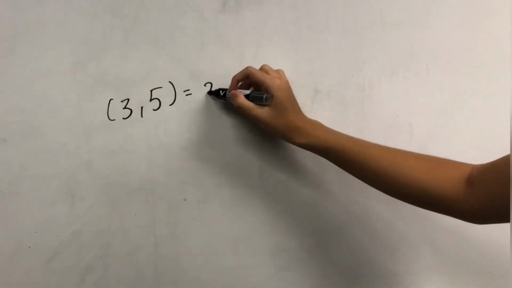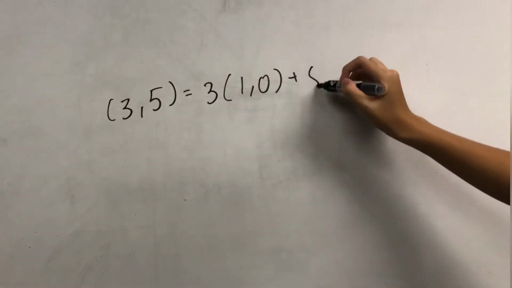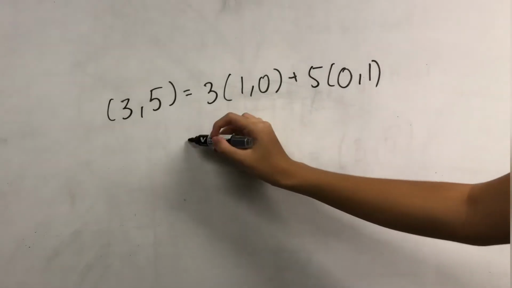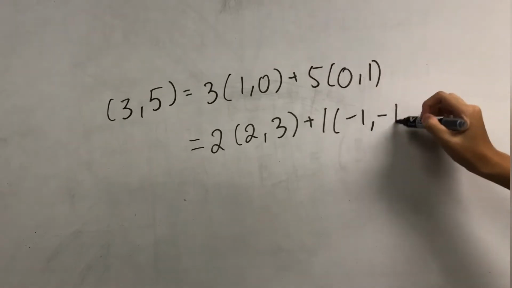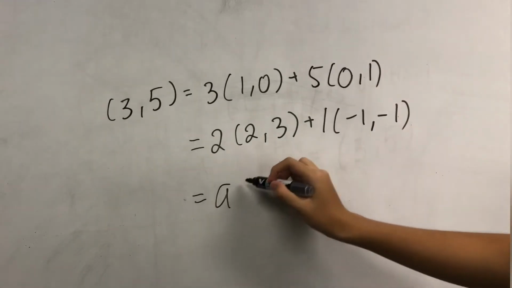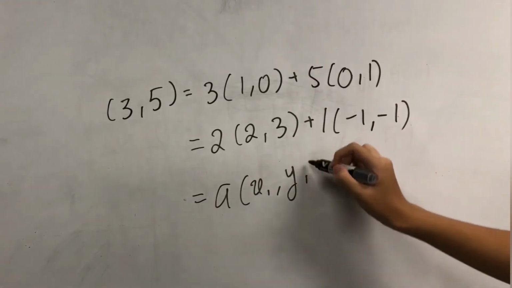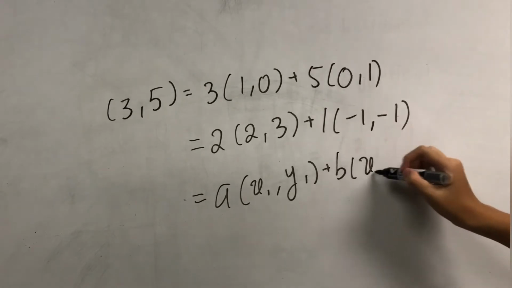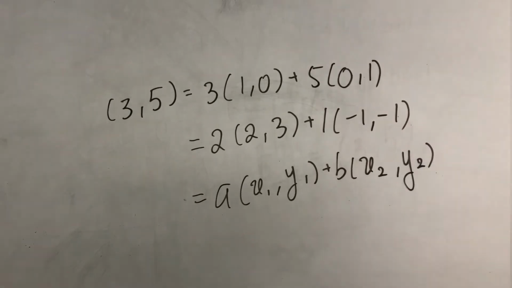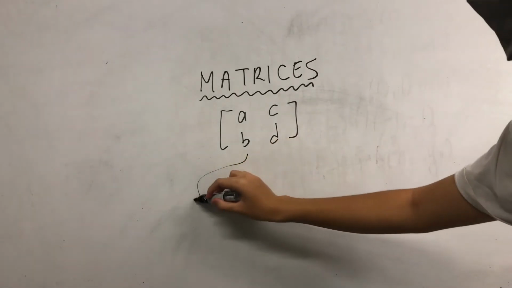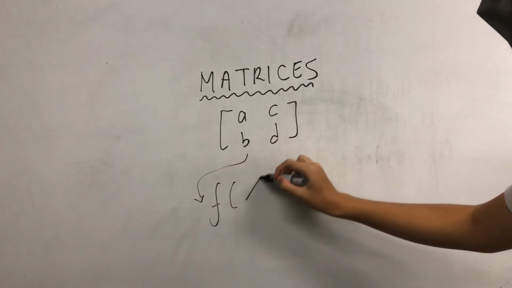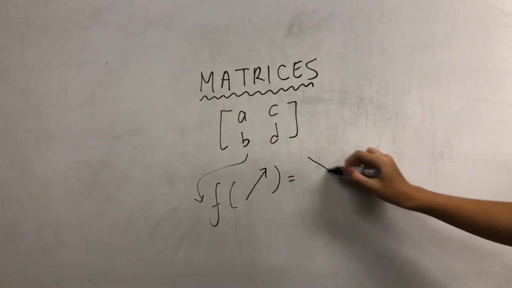What is the purpose of using basis vectors? Well, how we choose to represent vectors is based entirely on what we want the basis vector to be. The same vector can have completely different coordinates if they are represented as linear combinations of different basis vectors. Okay, so how does this tie into matrices at all? We have to think of matrices as basically a function that takes in vector inputs and produces vector outputs